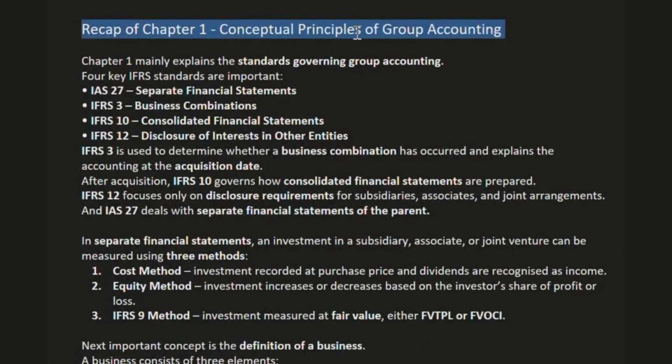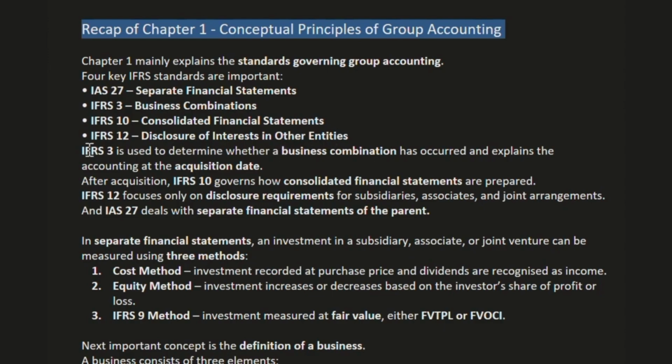Chapter 1, Conceptual Principles of Group Accounting. Chapter 1 mainly explains the standards governing group accounting. Four key IFRS standards are important: IFRS 3, IAS 27, IFRS 10, and IFRS 12. IAS 27 is separate financial statements, IFRS 3 is business combinations, IFRS 10 is consolidated financial statements, IFRS 12 is disclosure of interests in